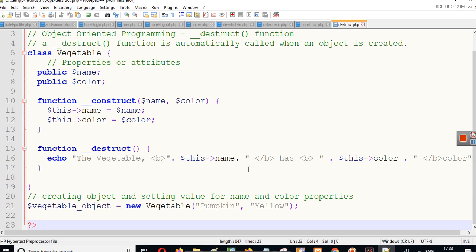We can do anything with this destruct function. We can apply some mathematical operators, and we can calculate something like the tax, calculate EMI, calculate whatever you want, calculate the area of a triangle, or do some complex operations like insert some data in a database. So this object will be created and some information will be provided here, and then we can simply insert this information in the database. So the object will be created and information will be inserted in the database. We can do anything here. This is the work of construct and destruct function.